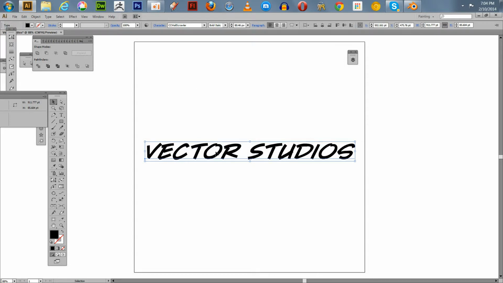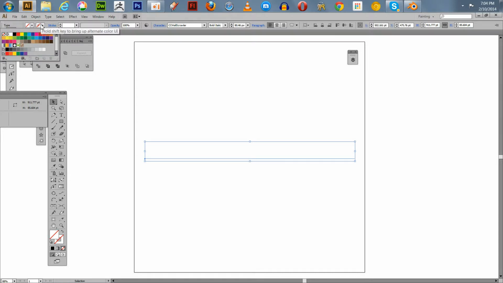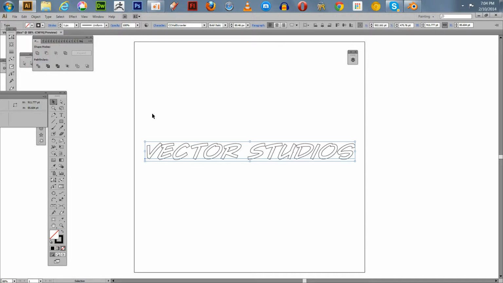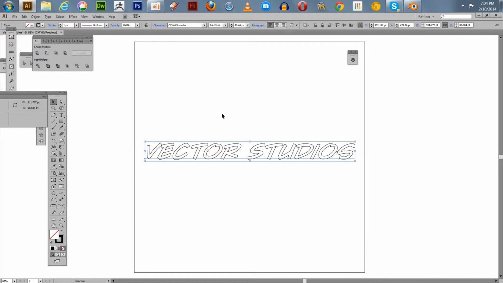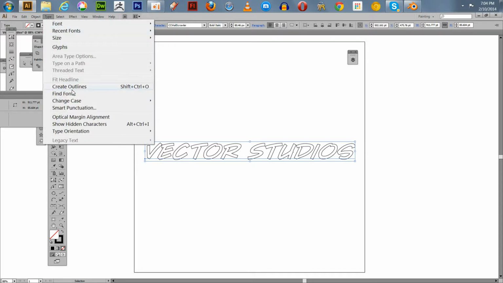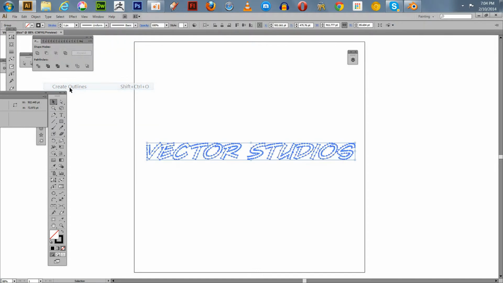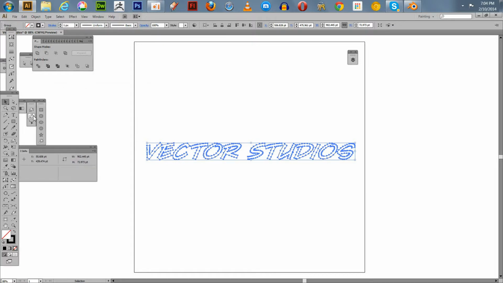Well, anyway, we don't really need this fill in here. So we're going to set the fill, and I'm just going to have our black outline for the text. First off, when you're in Illustrator and you want to bring something in, especially text in this instance, you want to go up to your Type menu and create outlines. And now what you've got here is just the outlines. They're vectors,